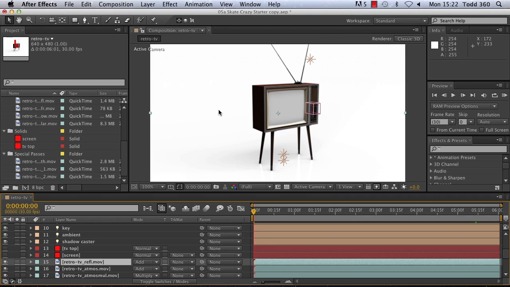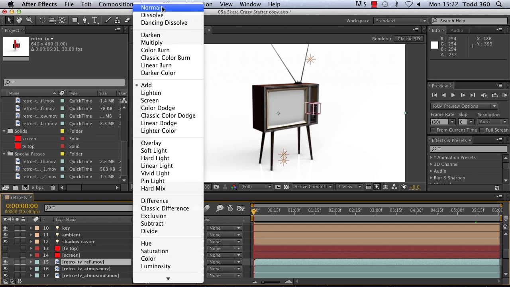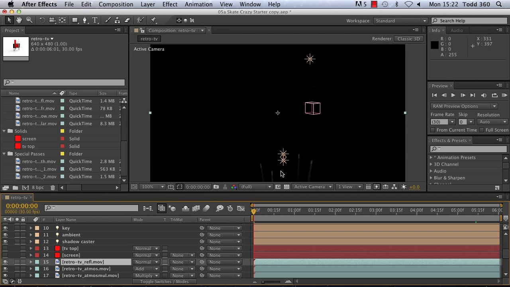So for example, in this case, I've got a white background and I want shadows and I want reflections and I want it to be as pure white as possible. And that's difficult to get even in real life. So what you can do if you've got this information on a separate layer is cheat to get the effect that you want. So the first problem we can see if I switch to normal is that the reflections themselves